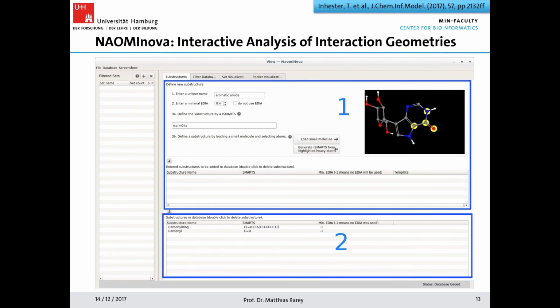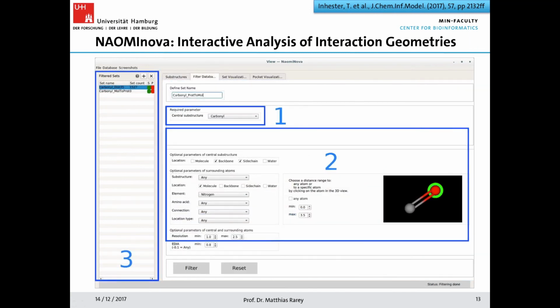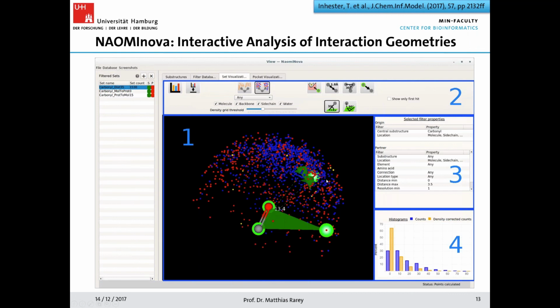So we created a tool where you can actually define any kind of functional group by so-called SMARTS patterns you've seen before. You can then map them over the whole PDB and create distributions of interacting atoms around it. So this is just part of the process, but the kind of pictures you're getting are these. You have a certain functional group, you see the distribution of oxygen, nitrogens around it. You can have density plots, and this is also similar to